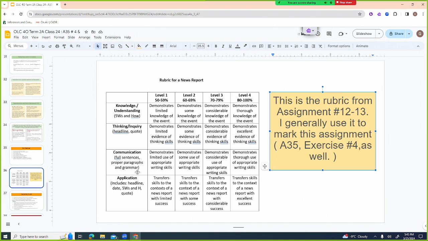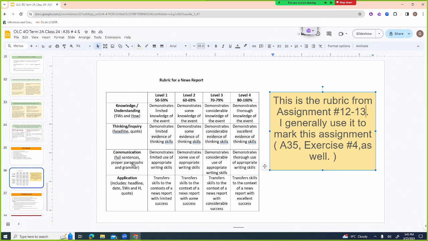Communication. Here we're looking at the writing skills, sentences, proper paragraphs, grammar, all those kind of things. And then application. This is the idea that it has to be a news report. Sometimes people have written me excellent summaries that show great knowledge of the event.